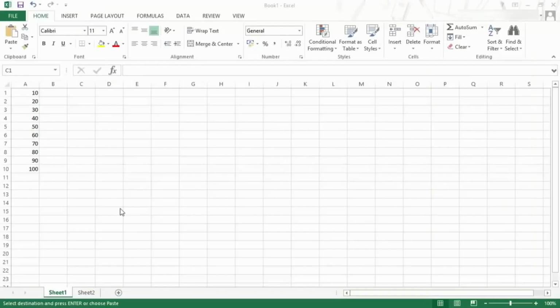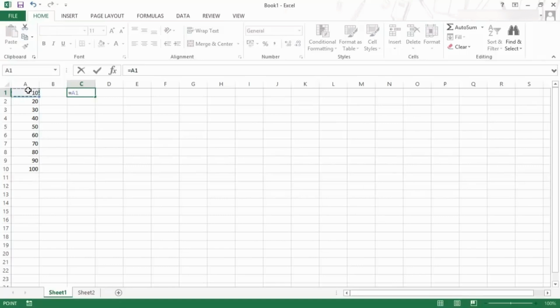If you're learning about Excel formulas, knowing about cell referencing is really important. There are three ways you can reference a cell, and in terms of Excel, these are called absolute referencing, relative referencing and mixed referencing. Let me show you what this means. So for example, a very simple example is if I go to this cell and I press equal to and I click on A1 and I hit enter, then this is a simple example of relative cell referencing,